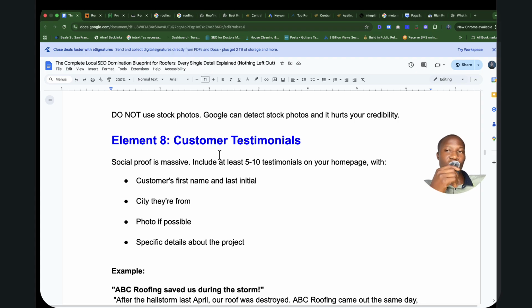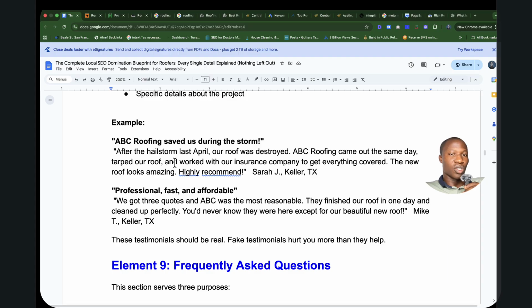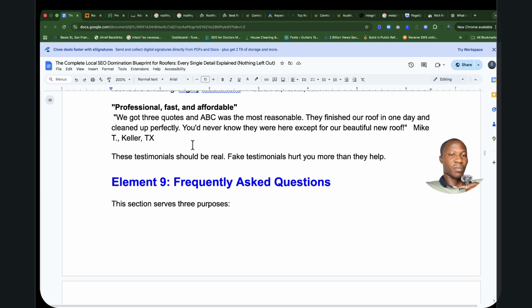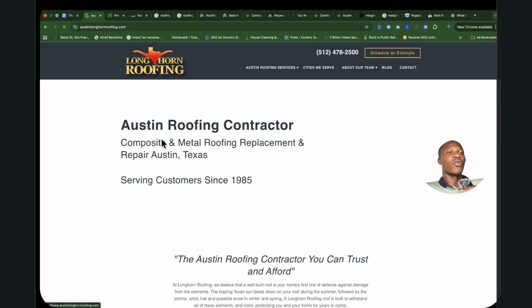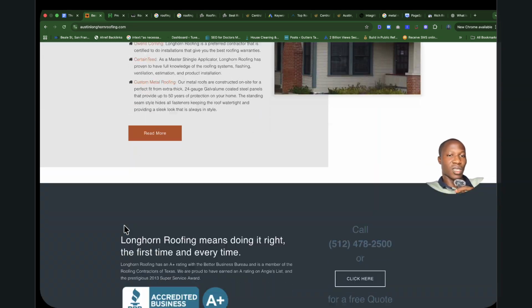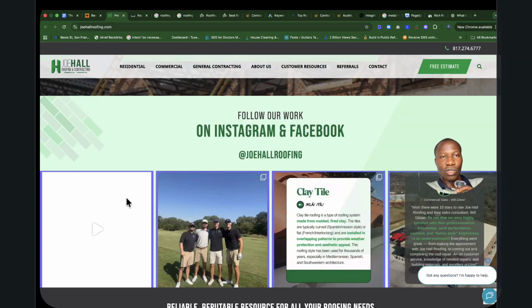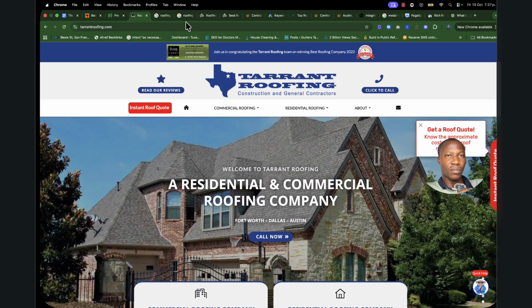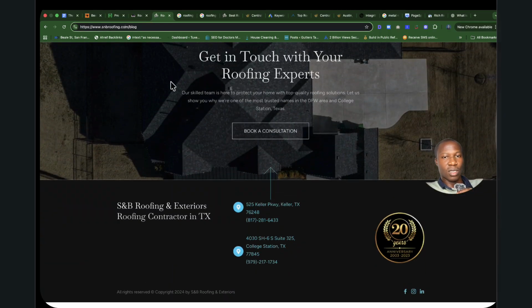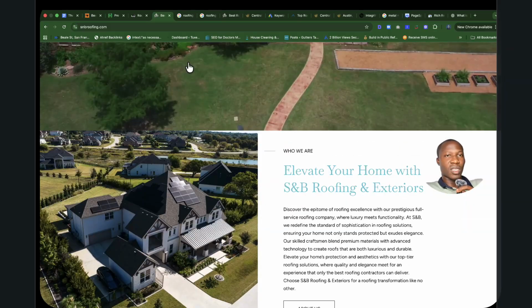Include your customer testimonials from your Google business profile, whatever you get, and include them on your website. Mention the city you serve, and include that too. Then you also want to add frequently asked questions on your page, basically to inform the users and tell Google exactly what it is you serve your customers and how you serve them. Let's see if this one has. I'm not sure. Let's see if this one. Do I have? Not so sure. This one have. No, I'm not sure. So you want to have at least a frequently asked question.